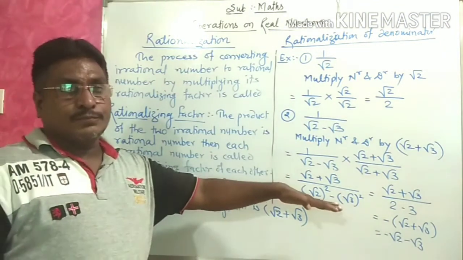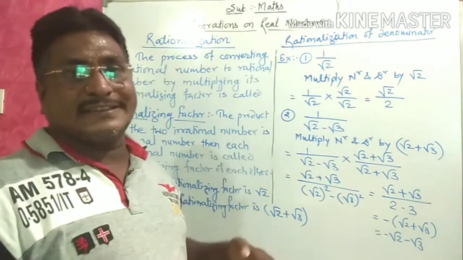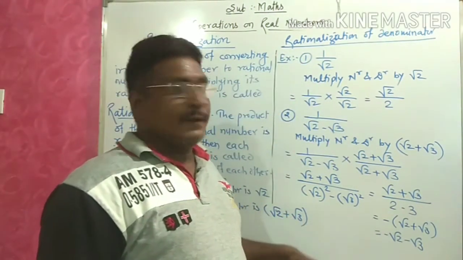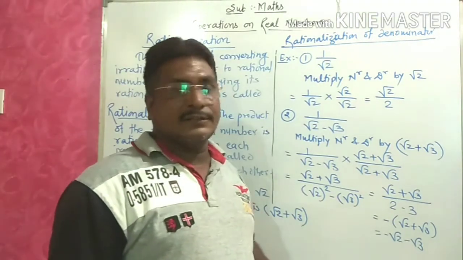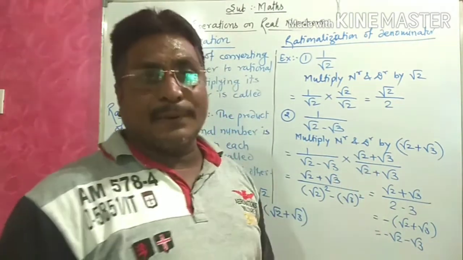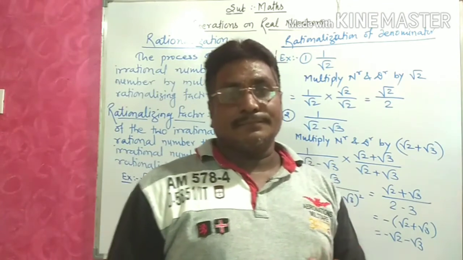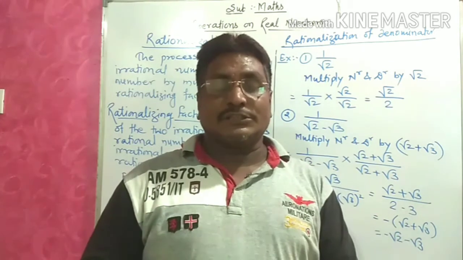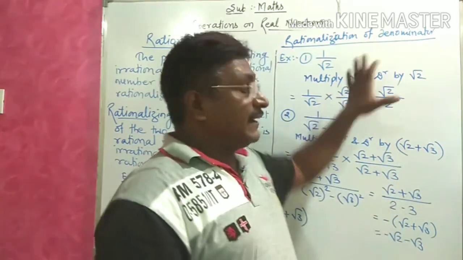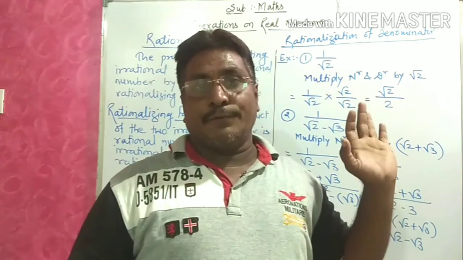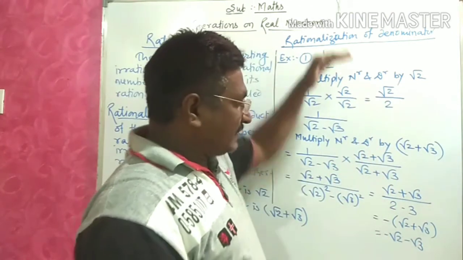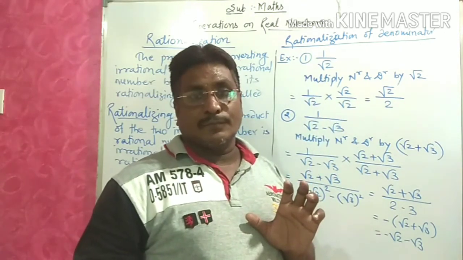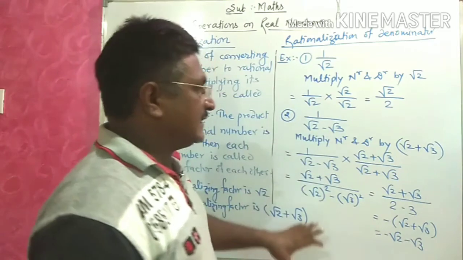Understood how to solve? Hope you understand how to rationalize this. I took simple examples today to show how to do the rationalization. Simple examples like these will not be asked in the exam. Based on this rationalization, big questions will be asked, and it is very important from the exam point of view. If the base is clear, then we can easily do the big questions. Understood, students? Hope you understand this.